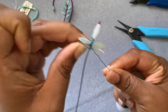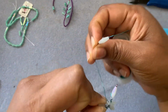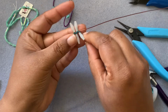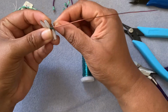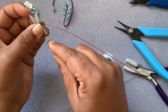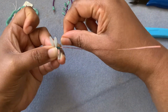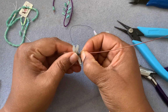So now here we go. I just wrap it around twice, the bead. Then I bring the wire back and then wrap the center 5 times. 1, 2, 3, 4, and 5. So make sure that you press it,